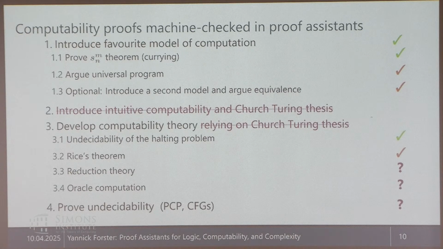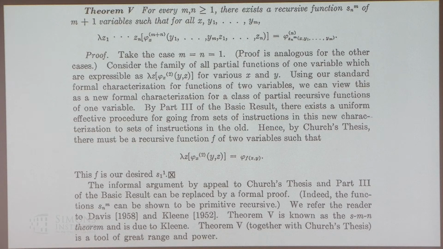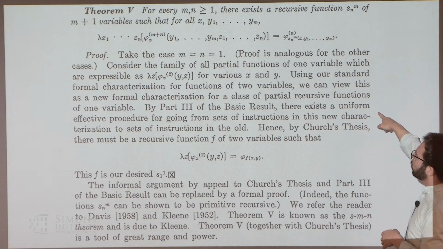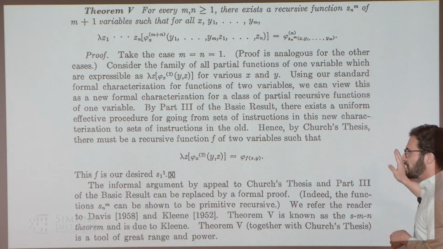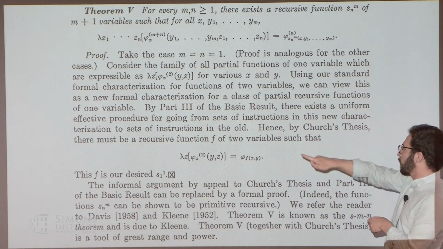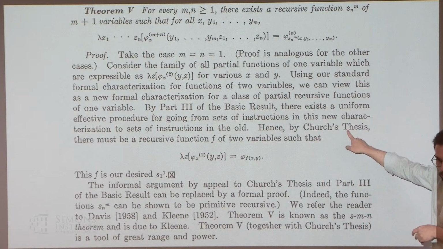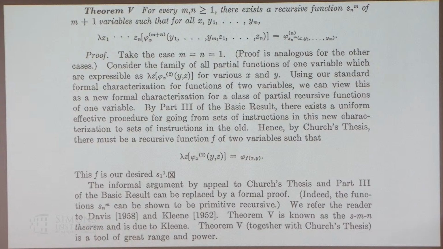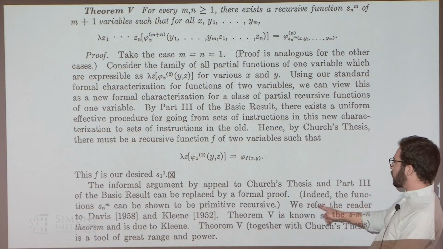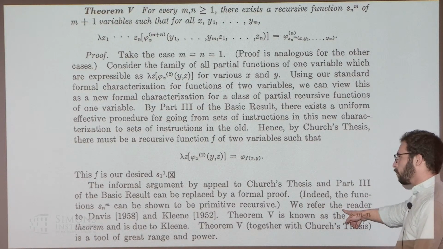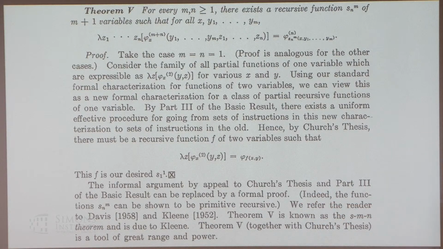And we can make a bit more explicit how this dying in the details looks. This is the proof of the SMN theorem in the book by Rogers, one of the textbooks, I think 68. Super nice book. Don't actually read the theorem or the proof. But the proof has 1, 2, 3, 4, 5, 6, 7, 8, 9, 10, 11 lines. And very crucially in the middle it says something, something, hence by the Church-Turing thesis we are done, an appeal to intuition. But then Rogers also says this informal argument by appeal to the Church-Turing thesis can be replaced by a formal proof. And then we refer the reader to the books by Davis and Kleene for a formal proof.